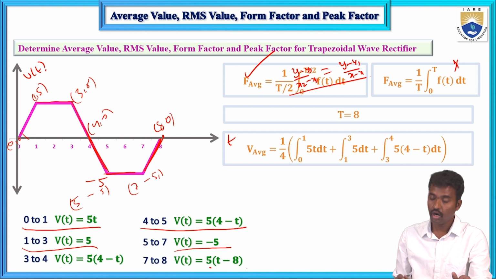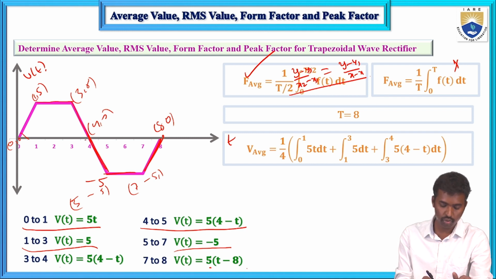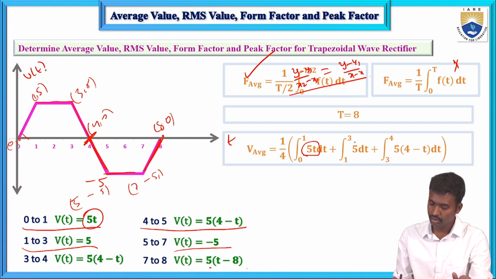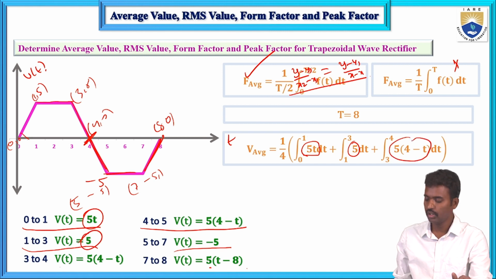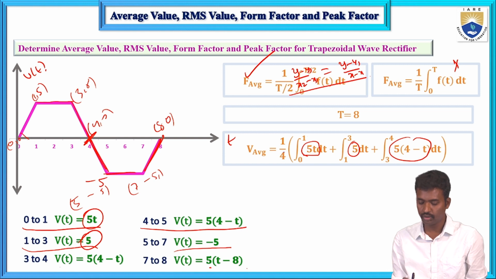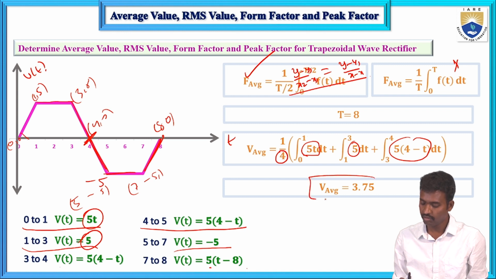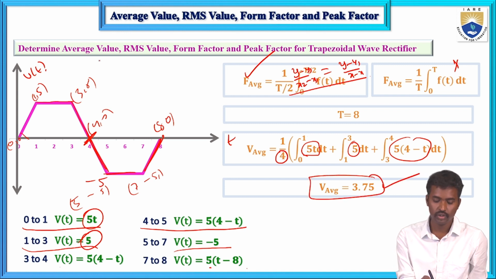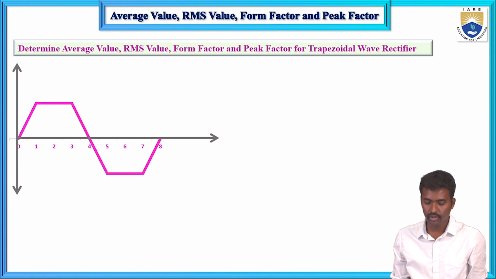Only the half cycle up to 4 is considered, 0 to 1 of 5t dt, then 1 to 3, and 3 to 4. If you simplify this, the average value is 3.75. And for RMS value,